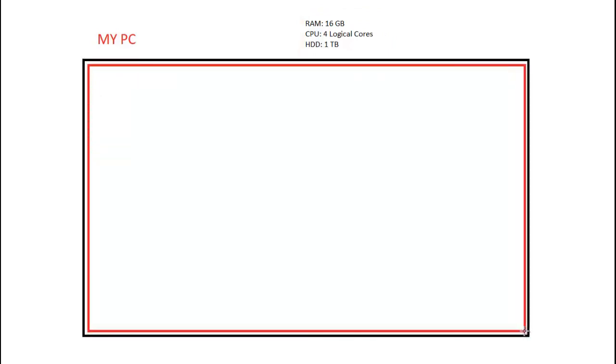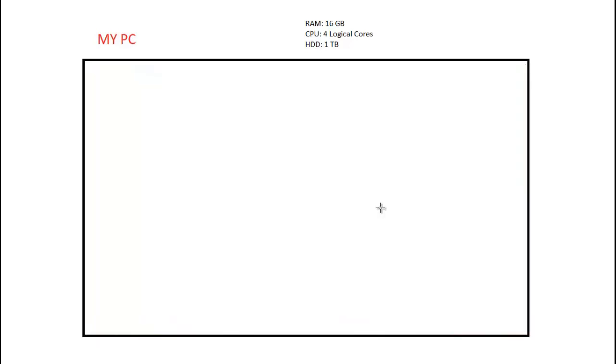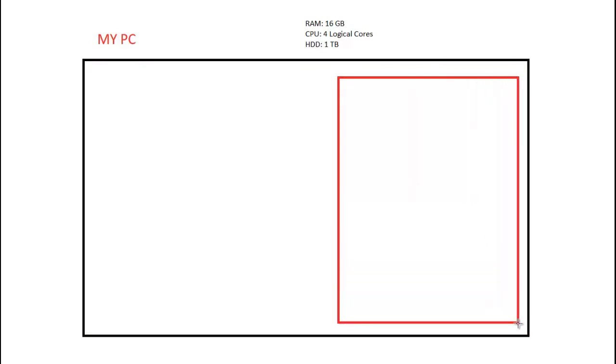Okay, so let's have a quick look about the VMware. So this is my PC. I have 16 gigs of RAM, 4 logical core CPU and 1 TB of hard drive. On top of this system, I am running Windows 10. So Windows 10 is currently responsible for handling all the processes of my system, and it also controls how resources are being used by any application. So if I'm running any application, for example, if I'm running Microsoft Word, Windows is responsible to allocate the resources. So it may allocate a huge amount of resource or a limited resource as per the application requirement.